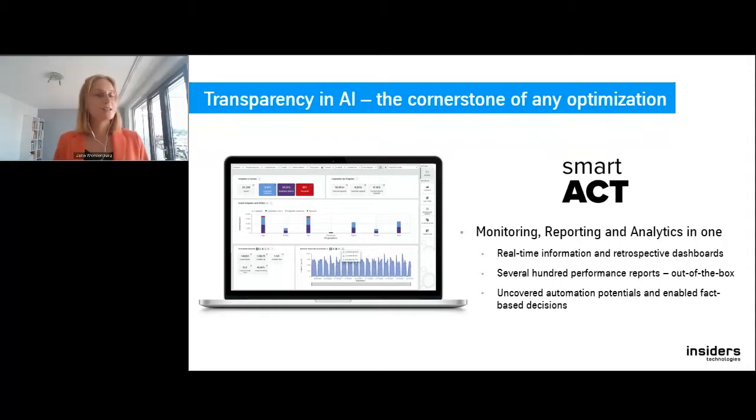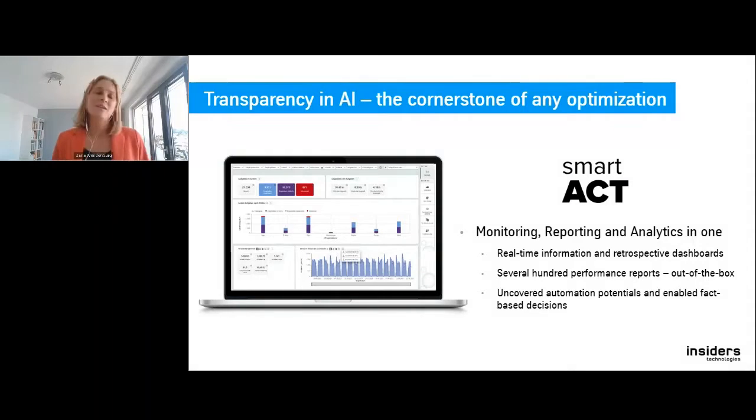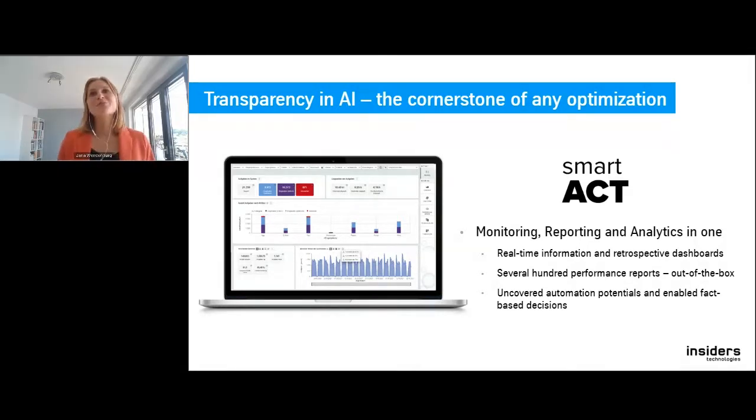And I think it's all clear that implementing such a tool is not only about numbers, and we want to be very clear on that. We are a technology company, but we know that technology is not an end in itself. It's always the human-technology or the human-AI interaction that makes these kinds of projects a true success story. So maybe Anna, you can tell us a little bit more about the human factors or the emotional factors of